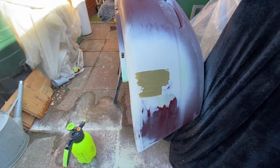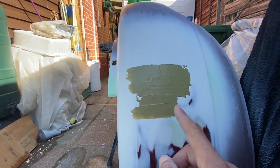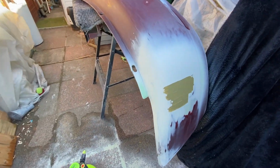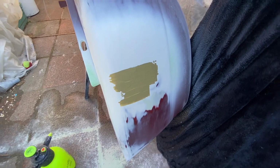So that's all been filled up now. It's quite thick up there, and then it thins out just there, because that's where the high point was. And then we try and blend that in, but it's looking a lot better than what it was before. Really happy with that. So while that's drying,